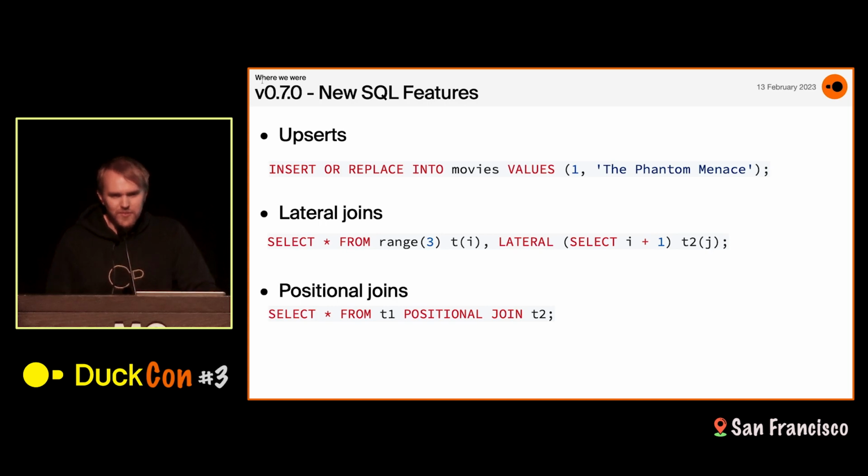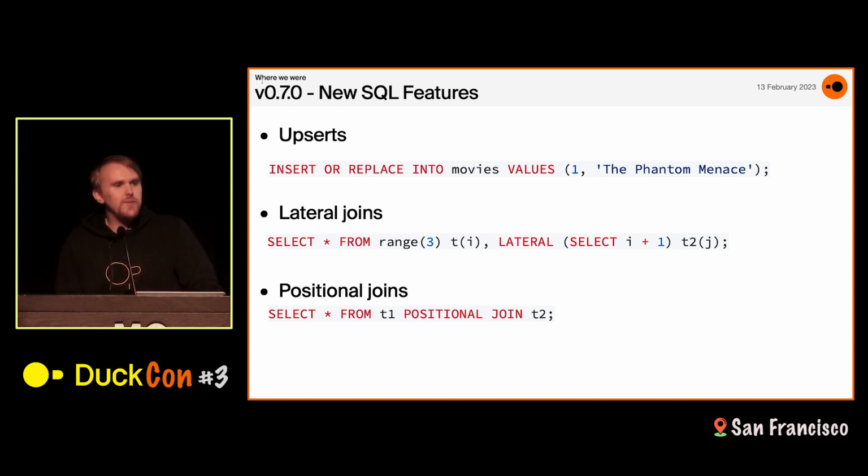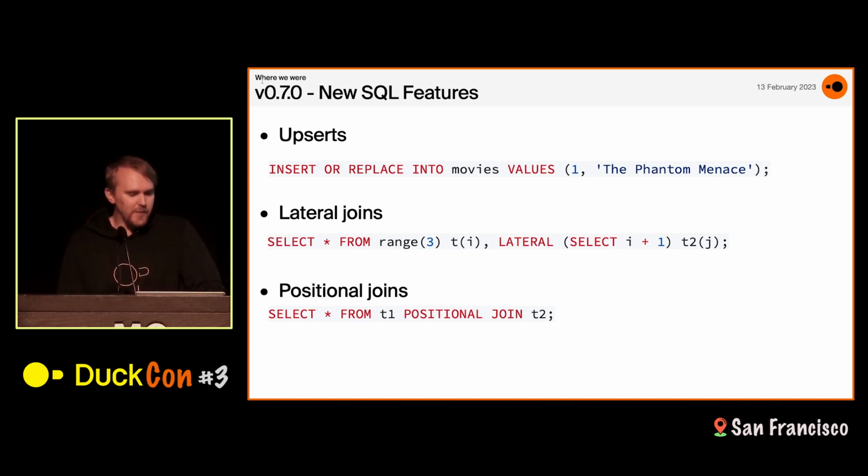The positional joins are something quite interesting because in SQL generally, there is no well-defined concept of an order. You have rows, but in principle, SQL defines these as just a bag of rows. There's no fixed order. But in DuckDB, we try quite hard to maintain the order as specified by the user, because that's what a lot of other data frame libraries do, like Pandas and R data frames. They all maintain this order, and it ends up being quite useful also in things like ML workloads, and the positional join builds on top of that.